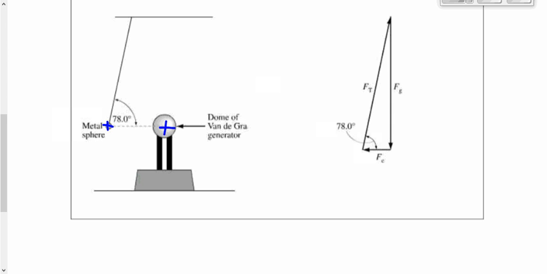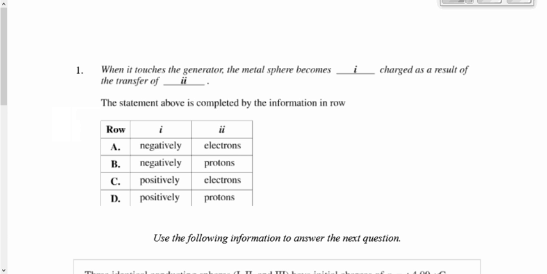Right now, what's the question? We don't even know what the question is yet. We've just noticed a couple of things about this that, if we do notice, we might want to write down. If we don't, that's okay. We're skimming it, and then we look at the question in more detail and go back and look at the info then. Number 1, when it touches the generator, the metal sphere becomes what as a result of the transfer